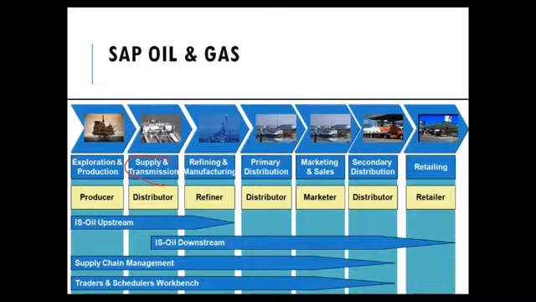You have to transport the crude oil from the terminals or locations to the refinery, right? That transportation and distribution is dealt with in IS oil downstream. That's the reason IS oil downstream is encroached into the functional upstream as well. Transportation and distribution is a module that will be used in both the primary and the secondary transportation. Then refinery marketing: IS oil downstream starts from here and goes till retailing. There is another module called TSW.